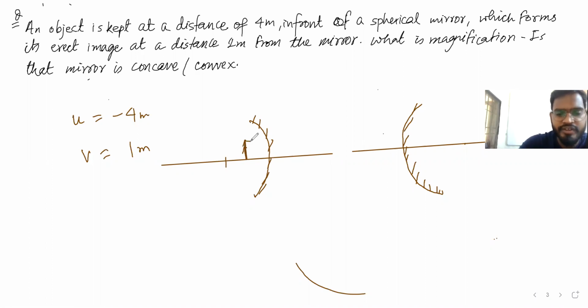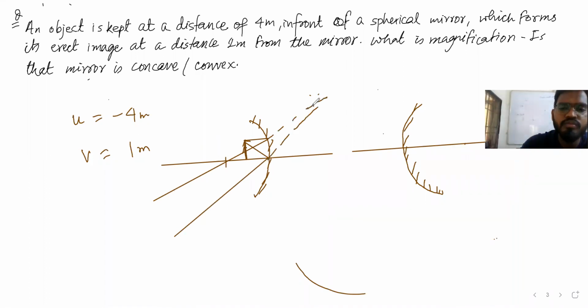Let's consider somewhere here, right? Now a ray of light parallel to the principal axis will pass through what? Focus. A ray of light incident at the pole will reflect back with the same angle. Now if you extend these rays of light, they are going to meet somewhere here, right? Okay, fine. In this case, guys, let's consider the object is placed somewhere here,